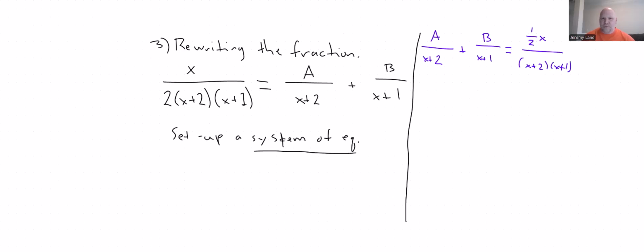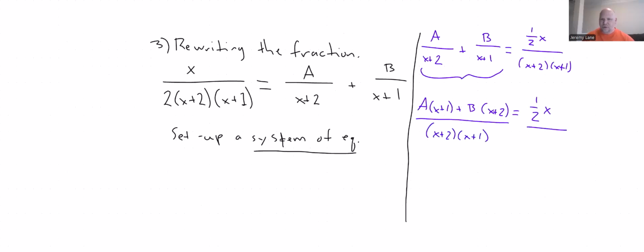All right, so when we go ahead and combine these two, just like we normally would when we're adding fractions, we have a times x plus 1 plus b times x plus 2, and that's going to be equal to 1/2 x. The denominators are the same. So if you write this over x plus 2 times x plus 1,